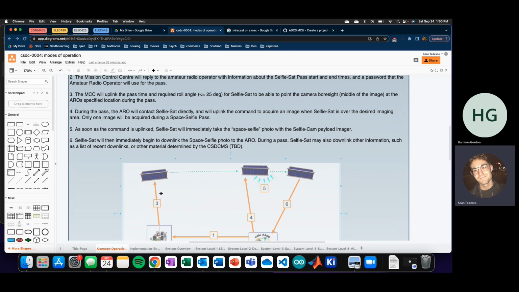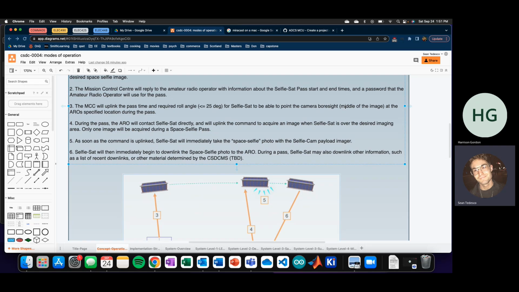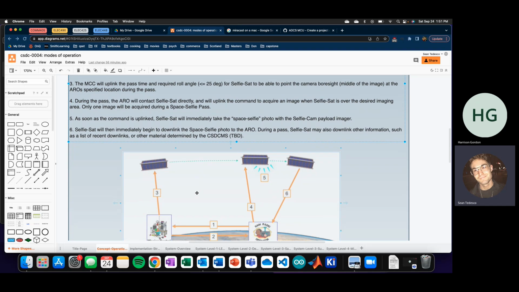In step 3, the mission control will uplink the pass time and the required roll angle for the selfie sat to be able to point the camera bore sight at the ARO's, or amateur radio operator's, specified location during the pass. And so, as they're saying, the latitude and longitude maps to the exact middle of the image. And so then, as the selfie sat is flying through its orbit,